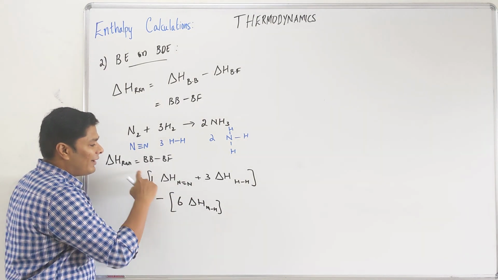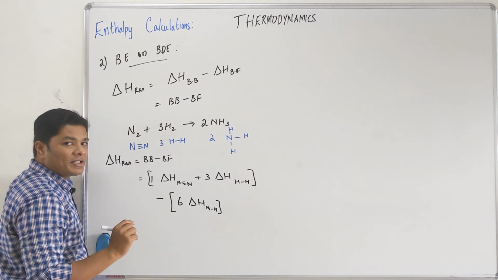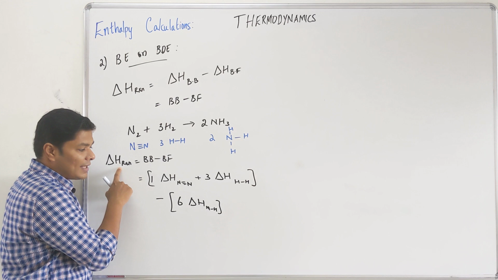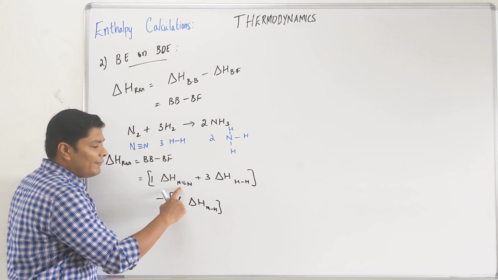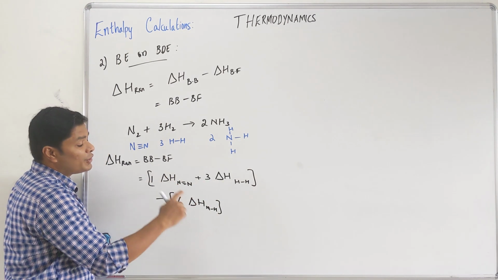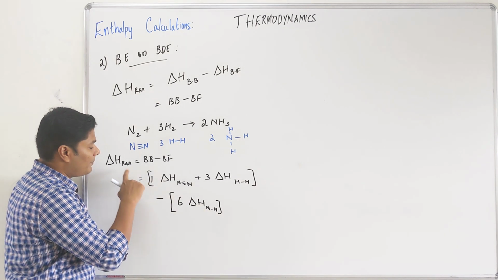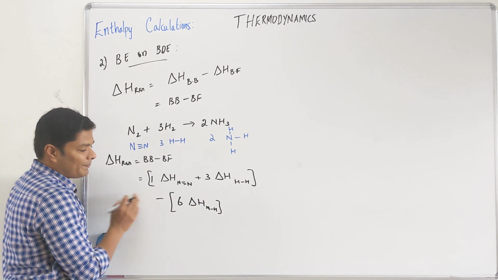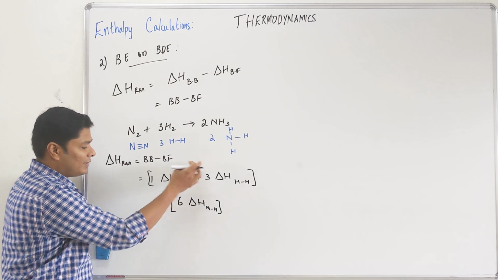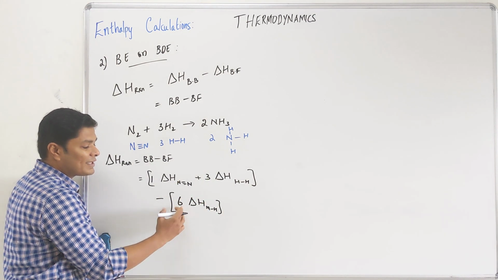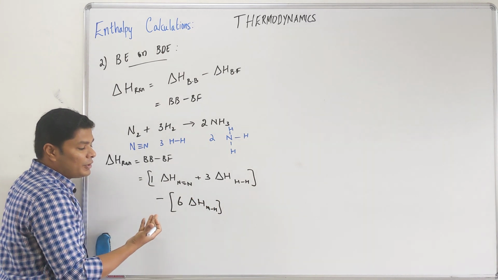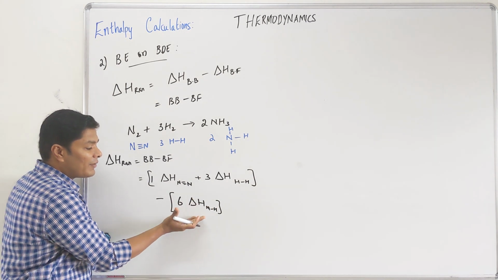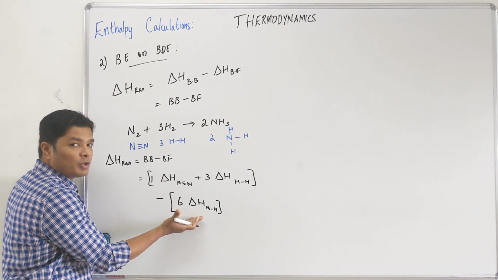Now they will be given the values for this. The most common question that people ask is, they'll give you the delta H of reaction, and they'll give you this and this, and ask what is the bond energy of the N-H bond. Then what you do is take all of them to the other side, plus 6 N-H changes, this goes to that side, you have a value, divided by 6 will give you per N-H. Extremely straightforward. You just have to be careful in calculating which bonds you break, which bonds you form.